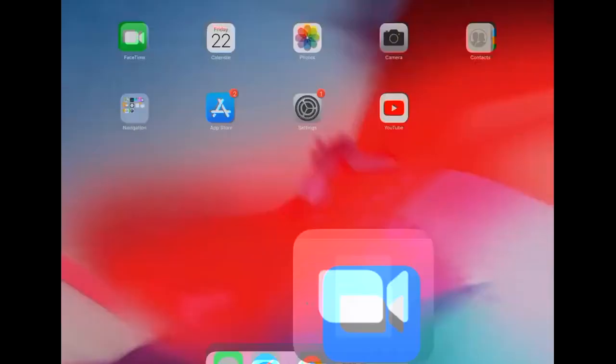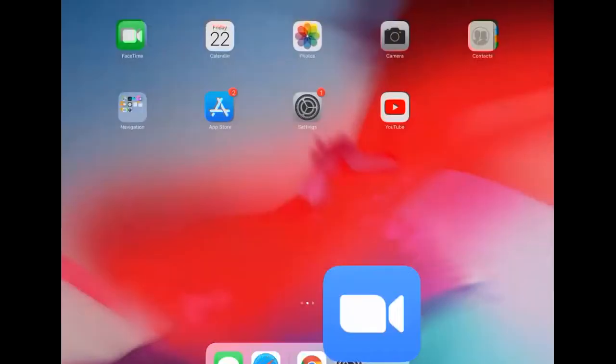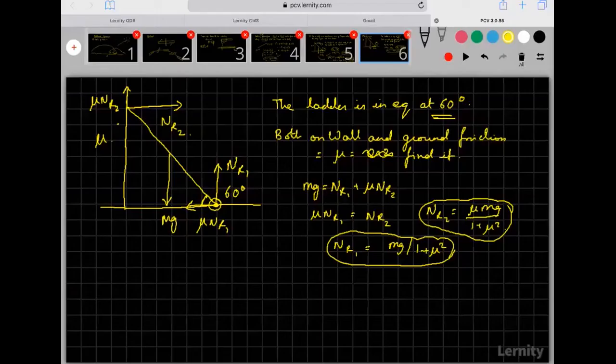Okay, I hope you got this question. Please try to find out what is the coefficient of friction. So the way we go ahead is, I have just found out NR1, NR2. Now you assume it is in rotational equilibrium about this point. I can choose any point. I choose that point where there are maximum forces so that I'll have minimum terms in my equation.